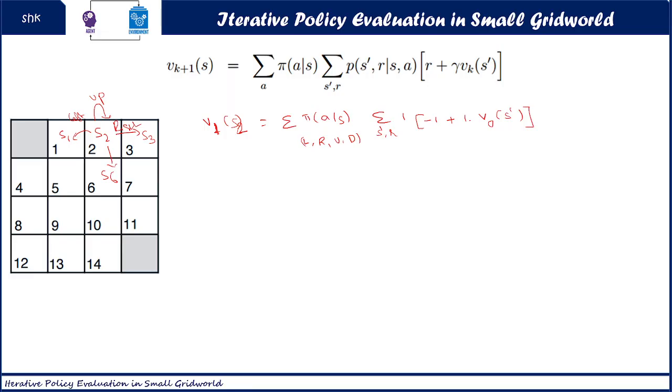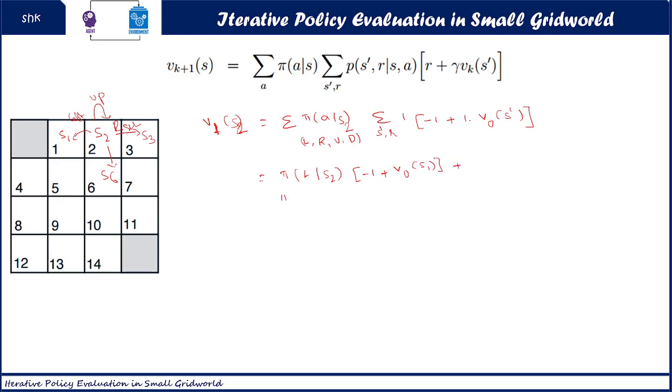So now the current transition we are taking with respect to S2. Now we will expand. First I will consider the left side. So for the left side for S2: -1 plus V0 of. So for the left side, what is the transition? What is the state we are going to have? S1. So V0 of S1